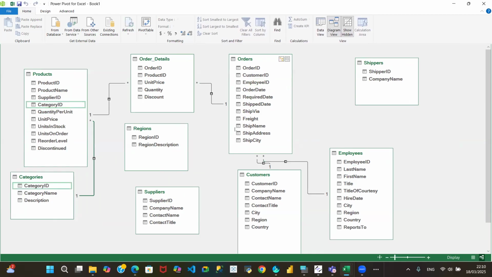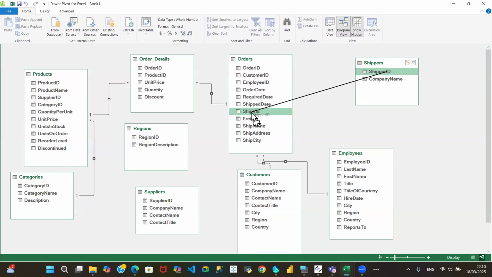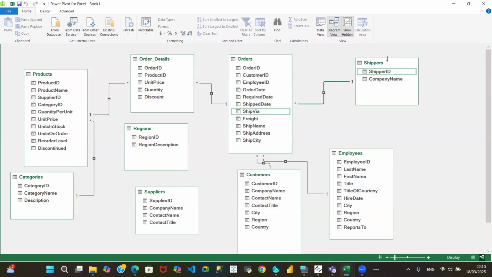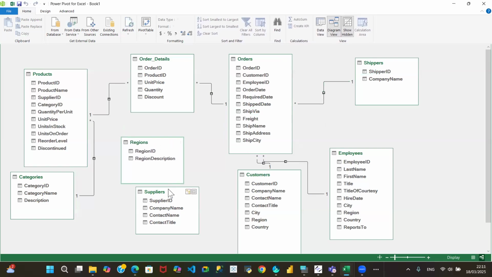Region ID, where do I have region ID? Okay, I see supplier ID. Do I have supplier ID anywhere? I don't have supplier ID here. I think I must have deleted it. There must have been supplier ID, but I deleted it. That would have been good to use. But you see shipper ID and ship via are the same. We'll change that later so that they read as the same. I know that because I've used the table before. Now, I've cut out what would have helped these two to connect because I was in a haste, but that can be